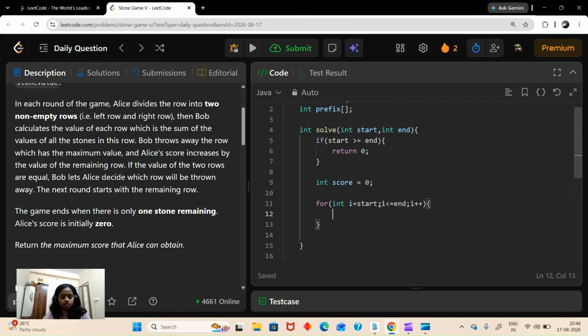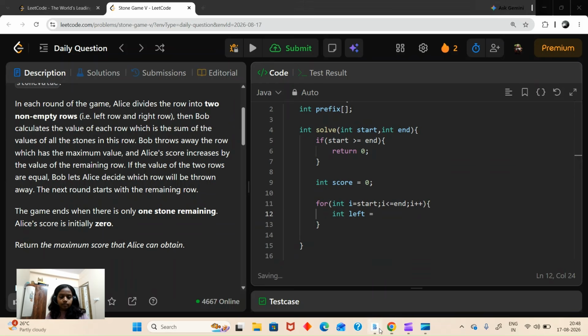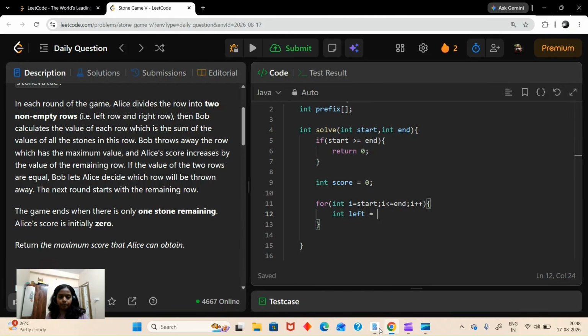It will just remove the e. Int left is equal to, what was our left sum? Left sum will be prefix of i plus 1 minus, if I'm correct,